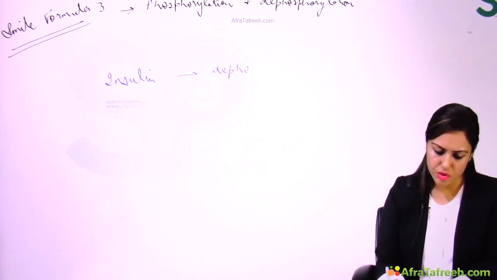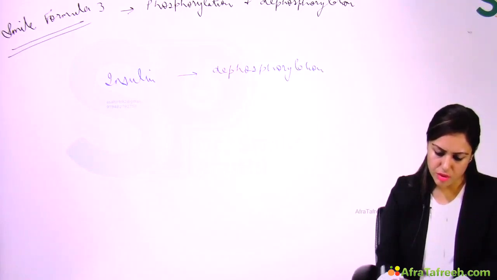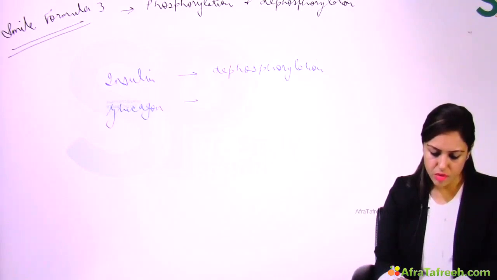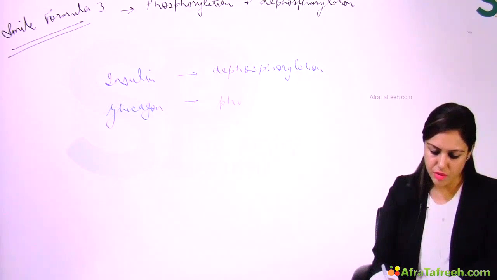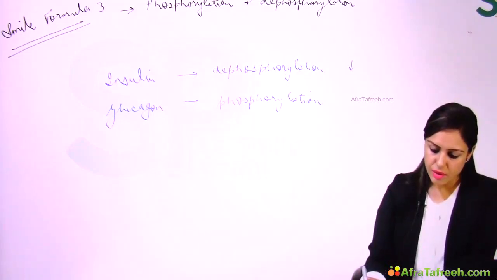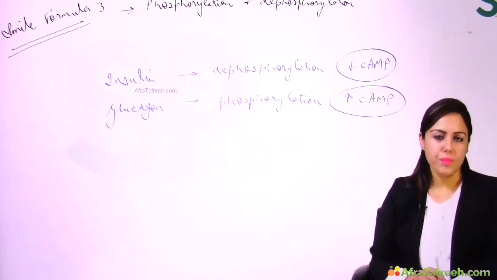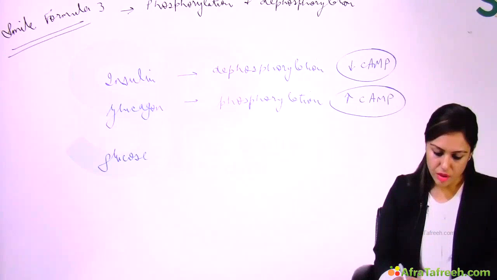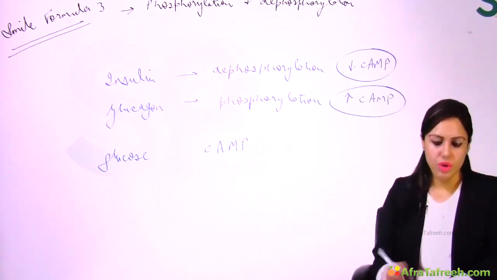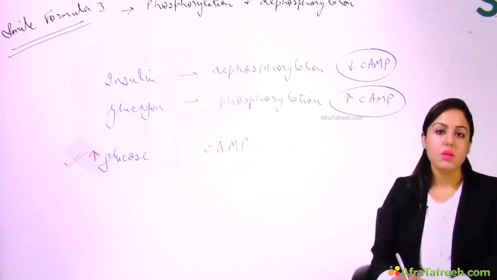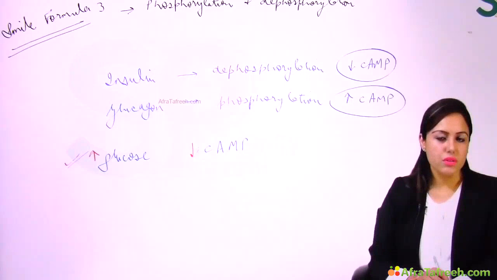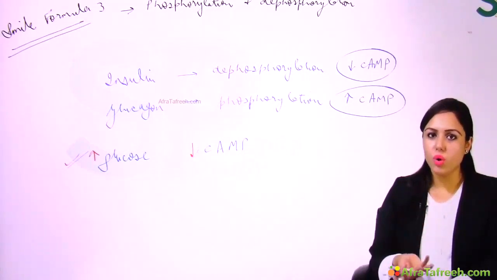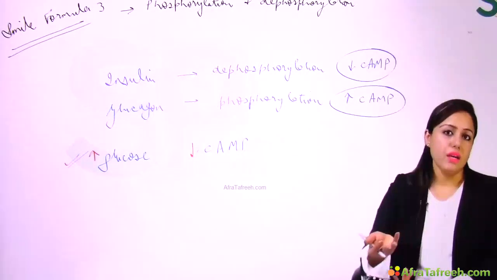Insulin always causes dephosphorylation, and obviously you know for the other one, opposite, glucagon always causes phosphorylation, right? And insulin decreases cyclic AMP and glucagon increases cyclic AMP. Let me tell you, there is always an inverse relationship between glucose and cyclic AMP. Look here, in fed state we have more glucose, so we have insulin, so cyclic AMP is decreased. In fasting state we have glucagon, which will increase cyclic AMP, but at that time glucose is less,